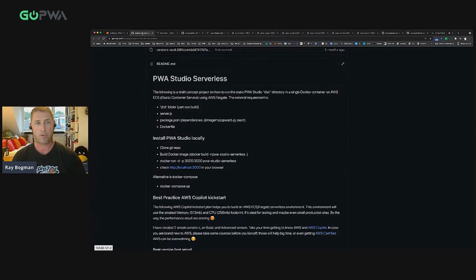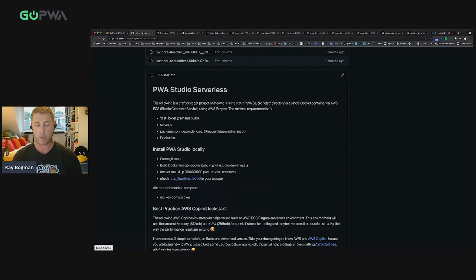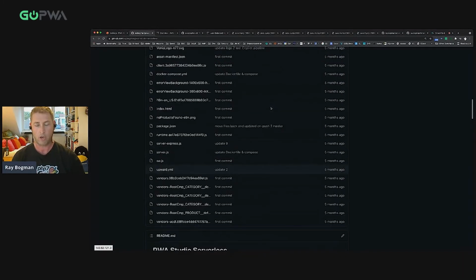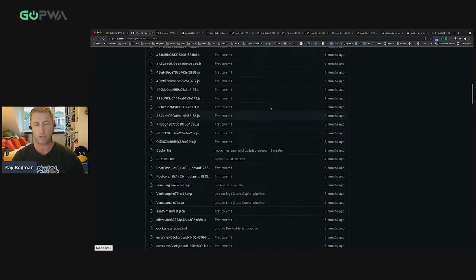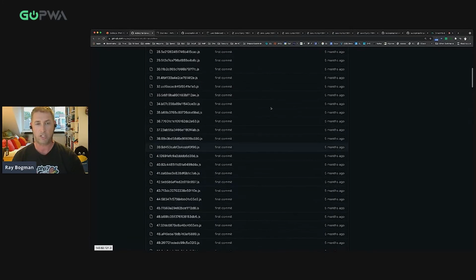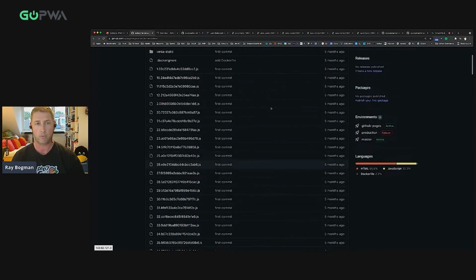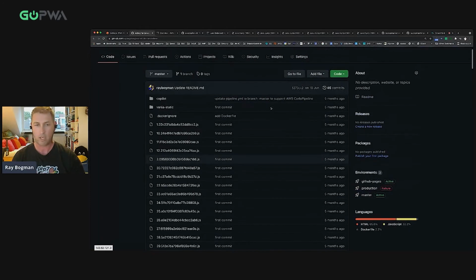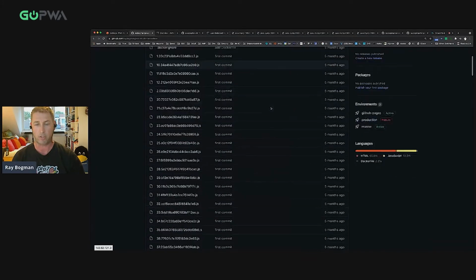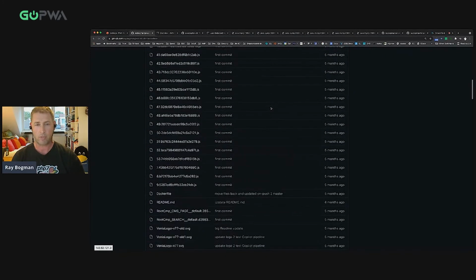One important thing is that once you run the build script from PWA Studio, it will create a whole list of files within your distribution directory, also known as dist. This is a copy of just one of the projects that I wanted to start. So this is just a checkout of all the files which are automatically deployed within that environment. What I've done is to make it simple.